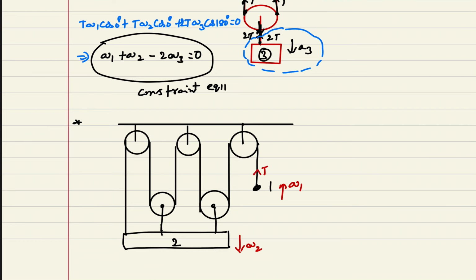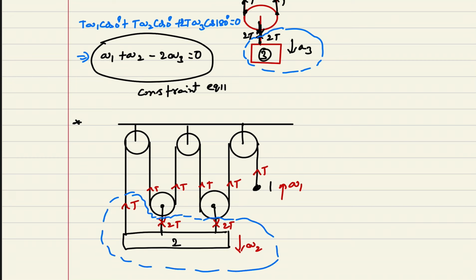Okay, now you can see how many strings are there. A big string is there, T I am writing everywhere. Now on this body you can see 2T, on this body you can say 2T. Overall we can see that the net tension on the second block is equal to 2T plus T, pulley 2 is there. On the first block we can say T into A1 is there. We can see T and A1 are in the same direction, T A1 cos 0 degrees plus